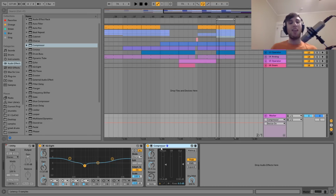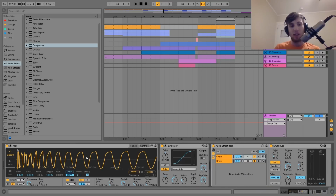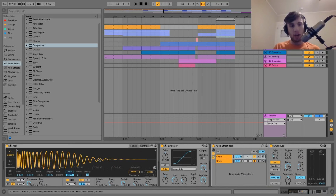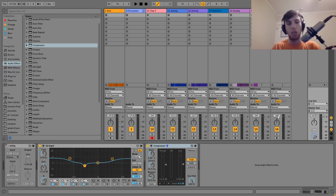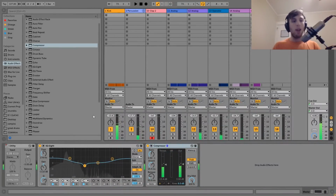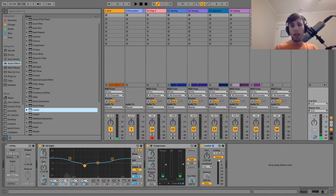So all this comes together in that the attack, once we turn that up, is how long it takes for the compression to kick in. So we can get it to compress the bodies of the sounds, like all of this stuff over here, without compressing the transient if we just turn that up. So it's a very valuable tool in making sure everything is still super punchy and hitting hard. And then the last thing I'm going to put on here is a limiter,